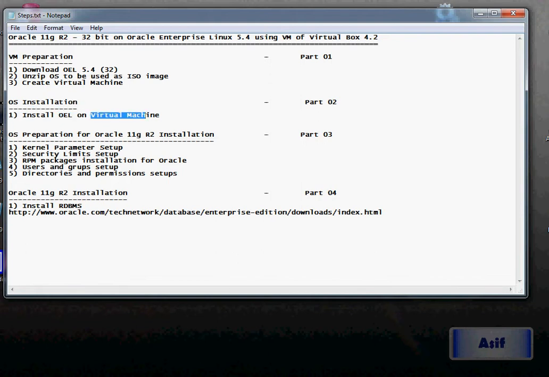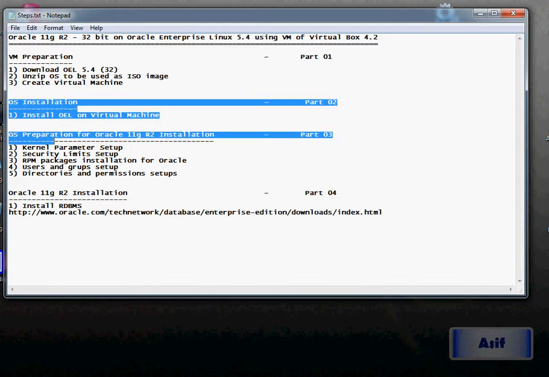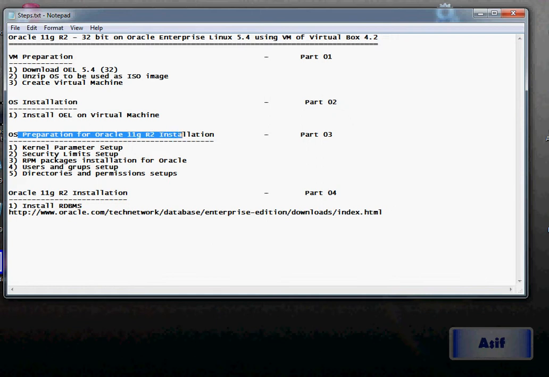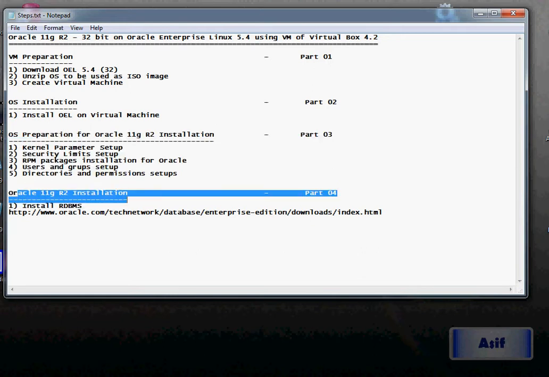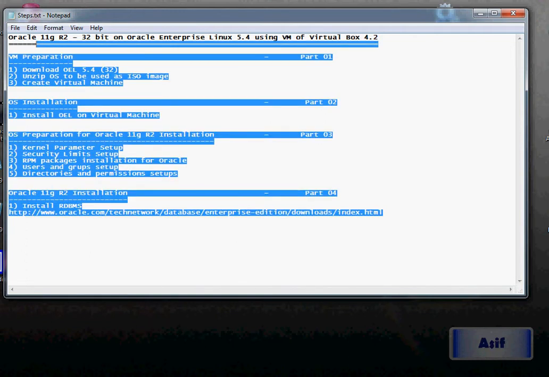In the third step, once our operating system is ready, we are going to prepare it for the installation of Oracle 11G Release 2. Once it is ready, we are going to perform the installation of Oracle 11G Release 2 in the Linux environment. So I am going to move forward step by step and show you how we can do it. So let's proceed